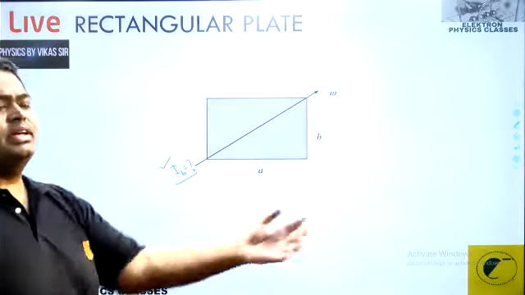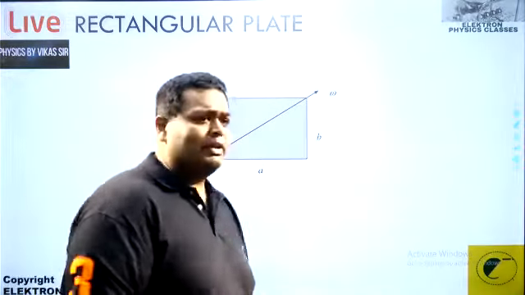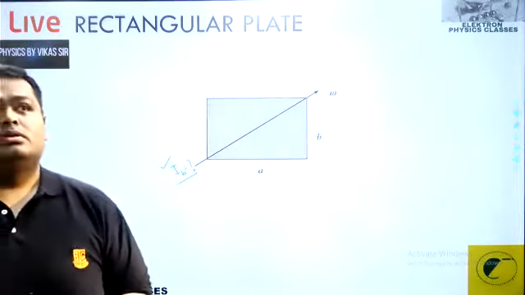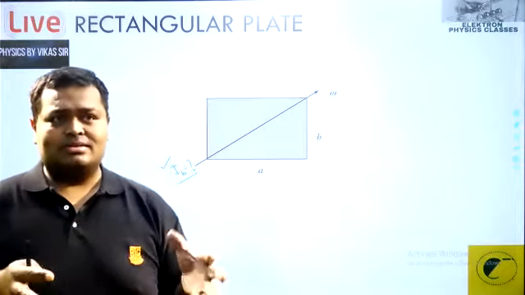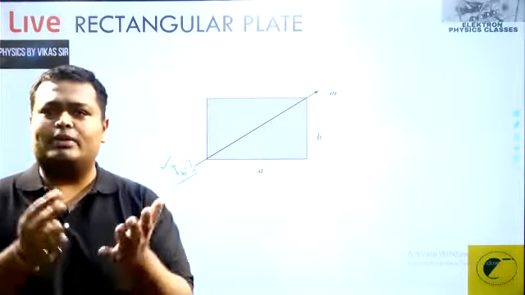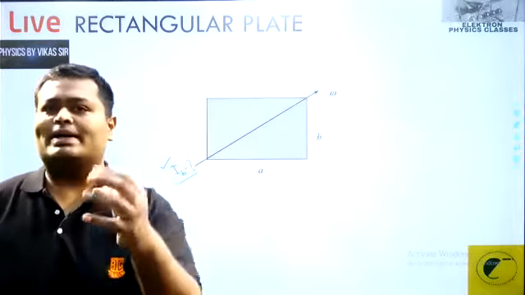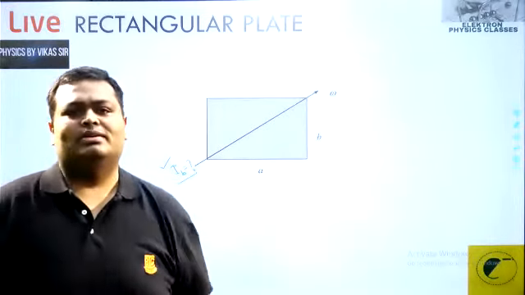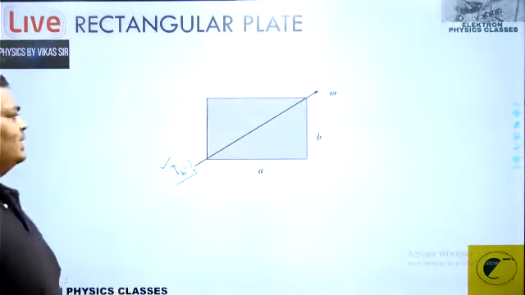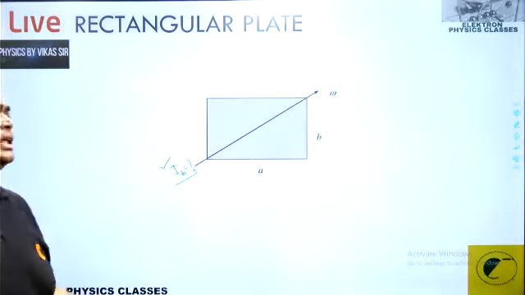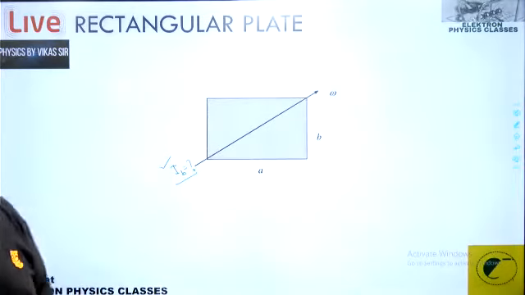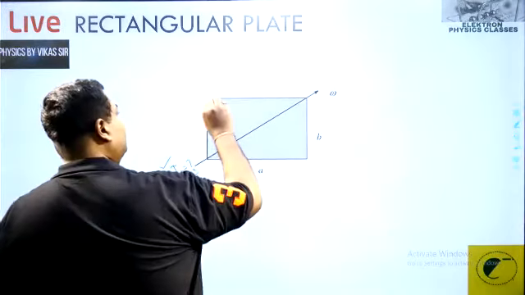See, you need to keep this fact alive from the last problem: the diagonals of the square meet at 90, we know the fact. But this time it's not a square, so the diagonals of this are not going to meet at 90. Keep up with that fact. To keep up with that, I think you will be devising a way to get a value for h. Basically, that's all the question will be.